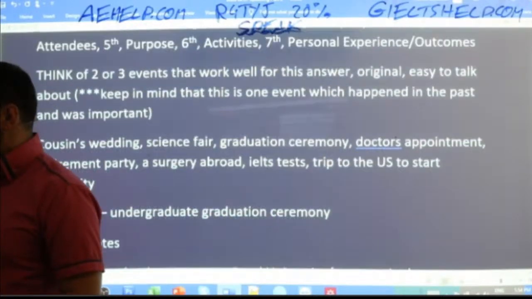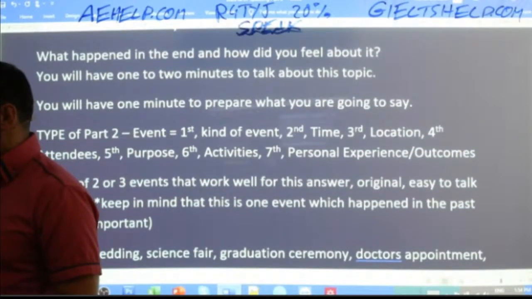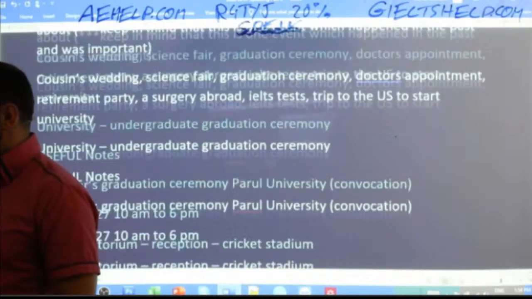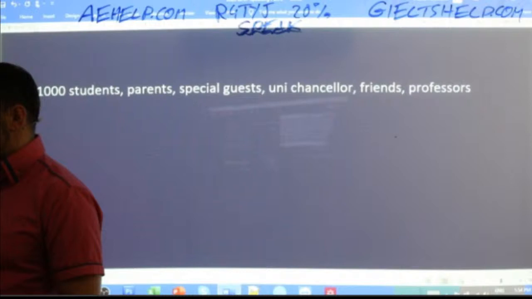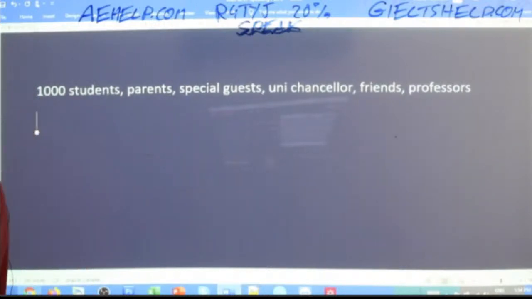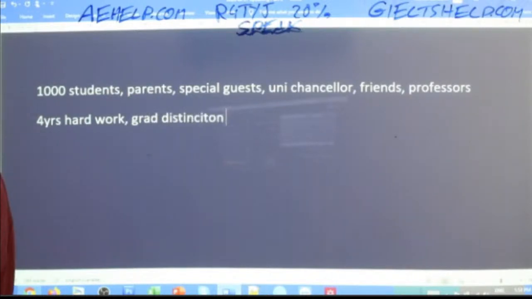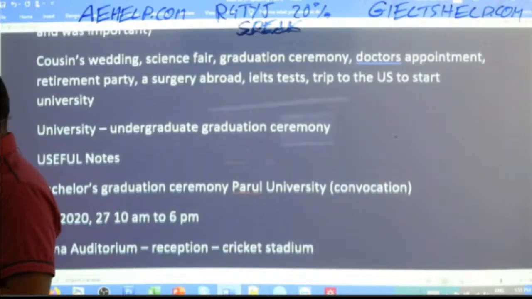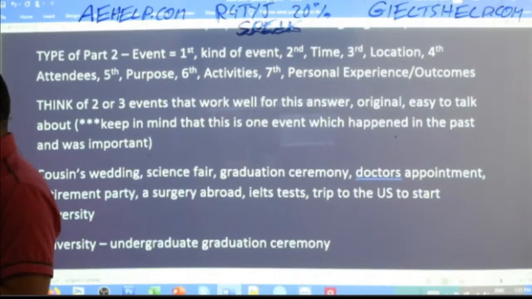And then we want to go into the purpose. Purpose is clear here. It's graduation. Okay. So 4 years, hard work, graduated with distinction maybe. Okay, so these are some notes that come to mind. I'm going to boost ahead here, students, just so we move along. Okay, and then